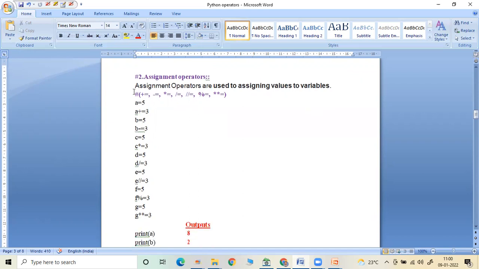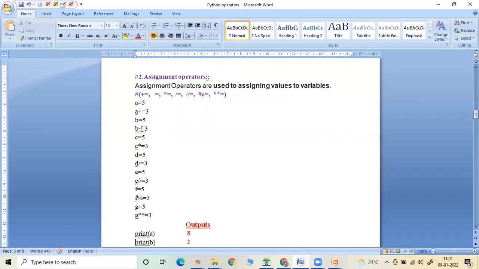Here the same a value 5 I have taken and b value is 3. So 5 plus 3, this 3 is added to my a variable. That's it, very simple. A value is 5, plus equal to 3 means this 3 is added to my a variable. So 5 plus 3 we will get 8. Answer is 8. So print a, I mentioned here print a, and that's the reason you will get 8 here.